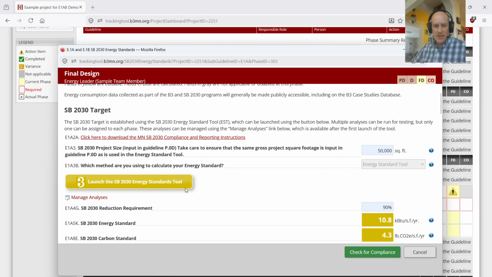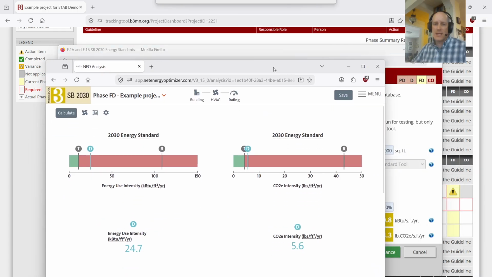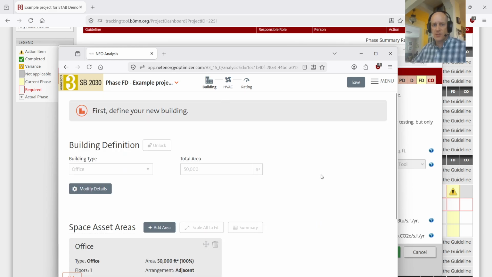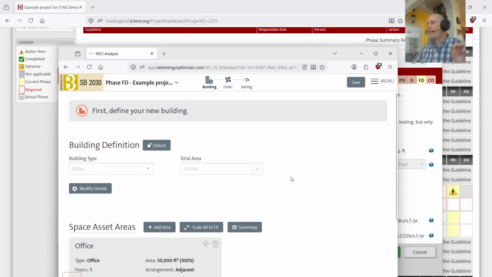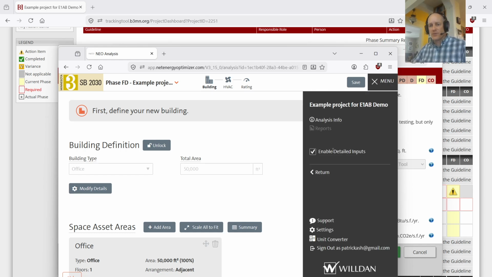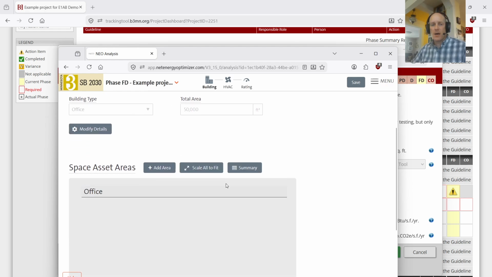All right, now getting back to the energy standard tool, this button launches that tool. If you click on that, that would take you to the energy standard tool, which would start you here with the space asset areas inputs. I'm just going to make a couple of notes on the EST because a full run through of using this tool is outside of what this video is intended for. I just want to make a note that you want to have your detailed inputs enabled so that you have access to some of the more